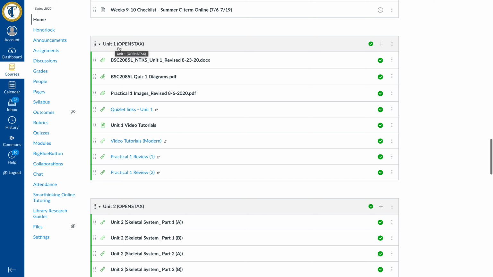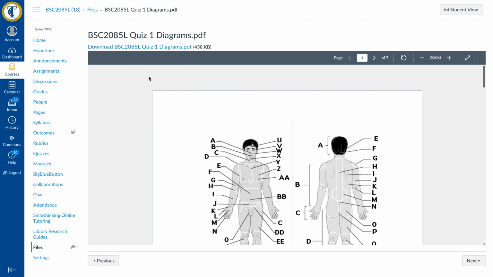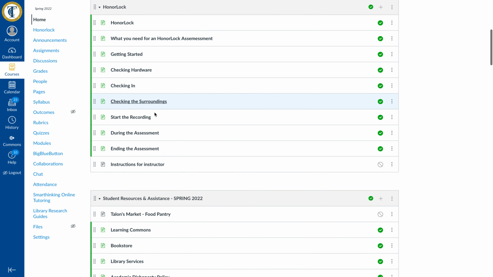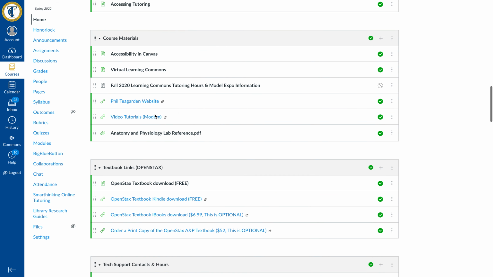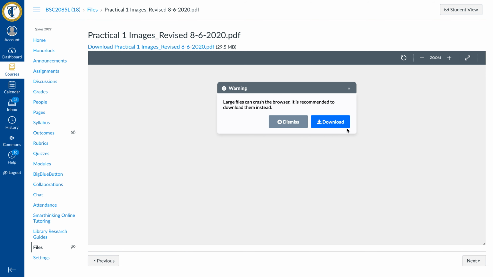The information that is covered in quiz 1 is going to be different than the information for practical 1. That's why you have 2 separate need to know images or sets of diagrams. Those are the diagrams for quiz 1 that you should know for the exam, and this would be the set of diagrams that you need to know for the practical. And this will only apply for module 1.